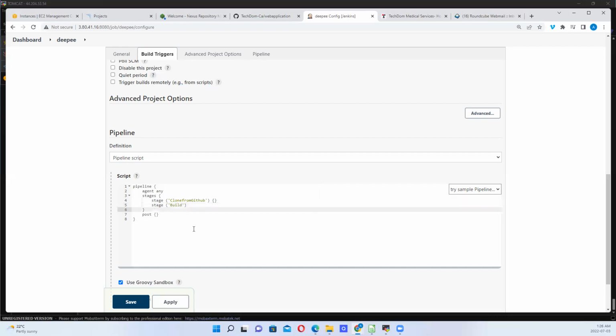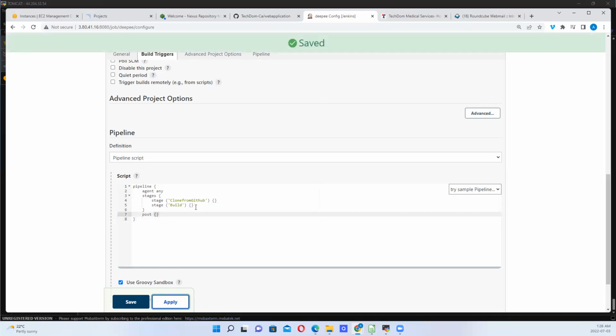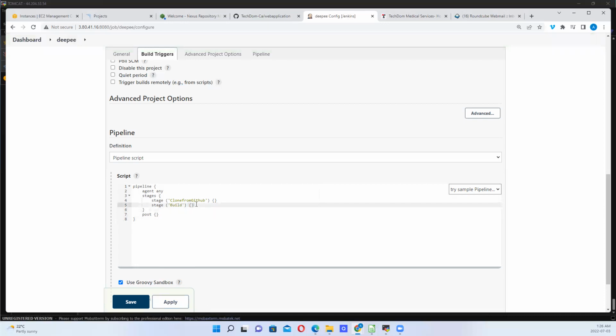We want to do the build. I want to close that. So what else? After build, we want to do